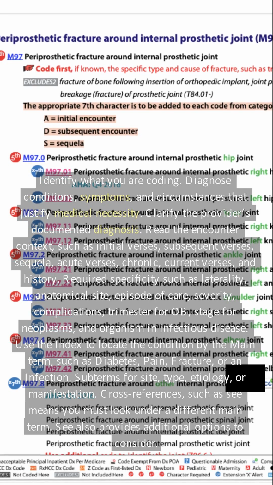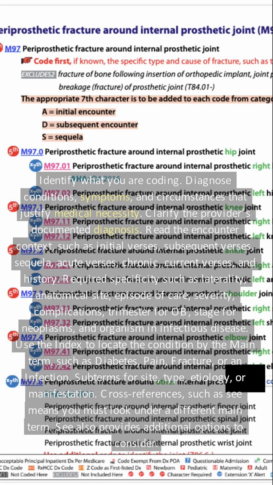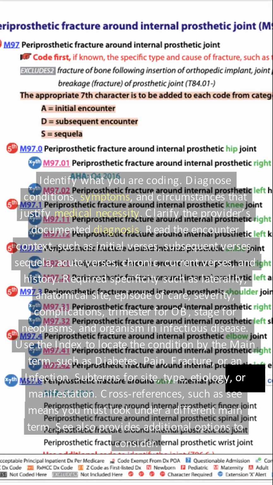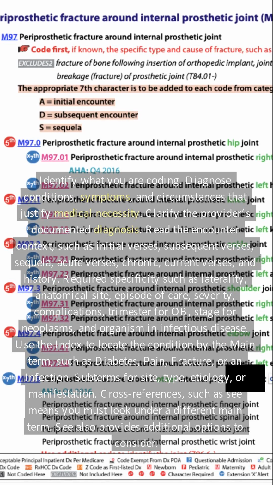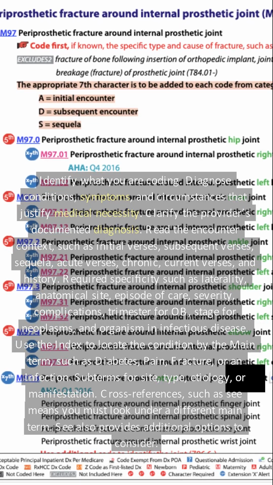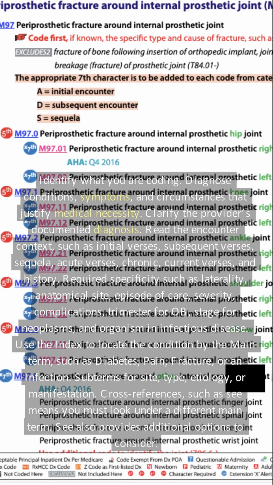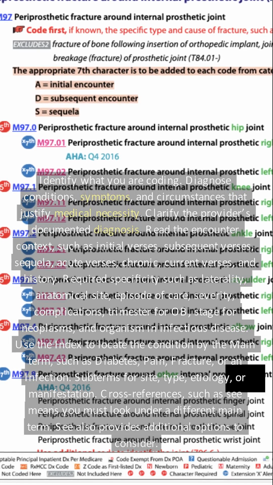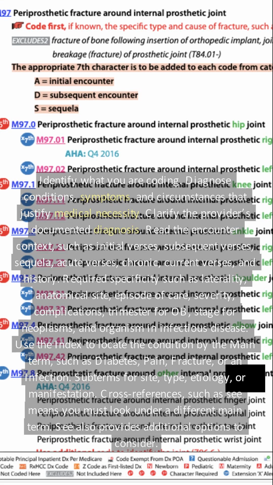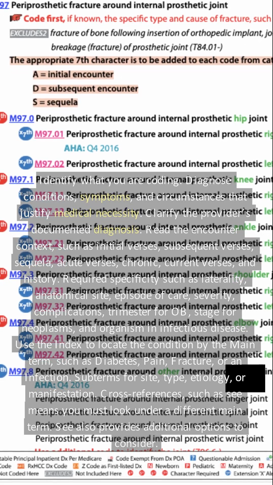Identify what you are coding. Diagnose conditions, symptoms, and circumstances that justify medical necessity. Clarify the provider's documented diagnosis. Read the encounter context, such as initial versus subsequent versus sequela, acute versus chronic, current versus history. Required specificity, such as laterality, anatomical site, episode of care, severity, complications, trimester for OB, stage for neoplasms, and organism